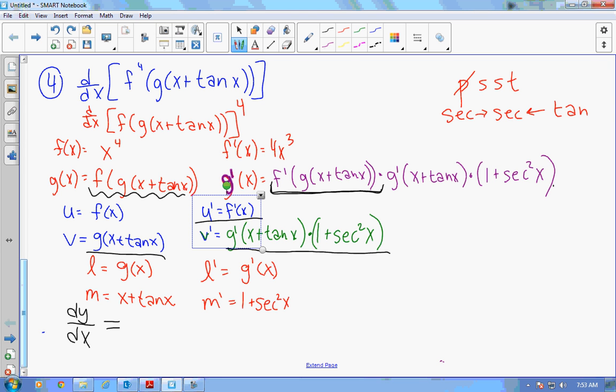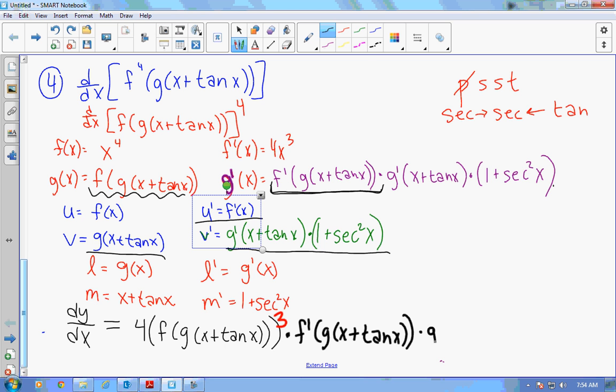Okay. John, the derivative of the original function, go. 4 all times f of g of x plus tangent x. Okay, then match your parentheses. Ooh, yep, that cubed is a common thing, and easy to miss, because you get all going on with this g of x stuff and you forget the cube. So good job catching the cube. And all multiplied by f times g of x plus tangent x times g prime of x plus tangent x times 1 plus